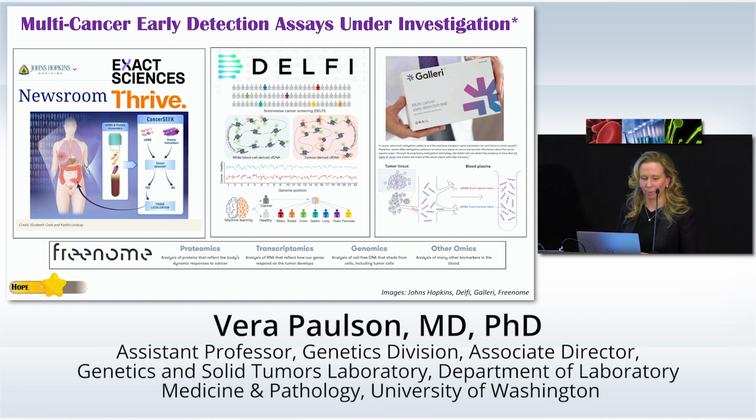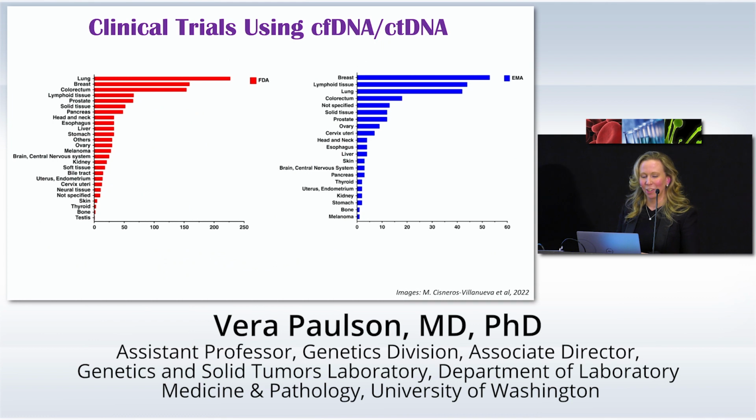So where does that leave us? With a coming onslaught of information, there are thousands of trials that are using cell-free and circulating tumor DNA underway right now. And some of them, when I was doing the reading, are actually really scary, where they're taking patients and saying, like, if we don't detect circulating tumor DNA, we're going to de-escalate therapy. Presumably, hopefully, they're also doing imaging or some other things in there as well.